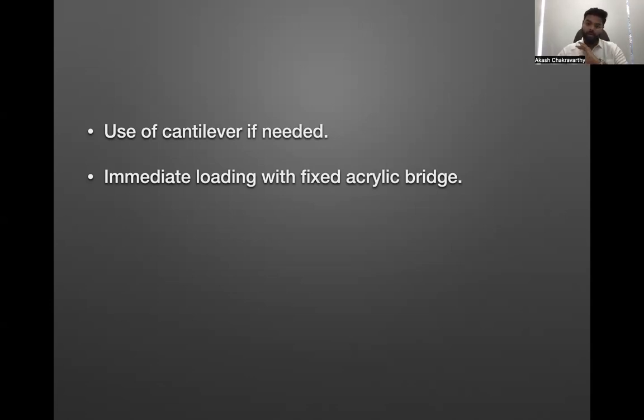But that denture conversion and immediate loading was a game changer. And that's how a lot of patients were drawn into the concept of fixed prostheses in the first place. I mean, personally, in our practice, immediate loading had taken our implant practice to a whole new level in terms of patient compliance.